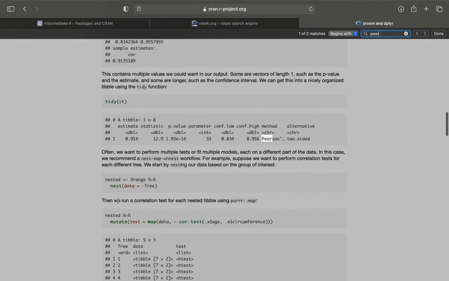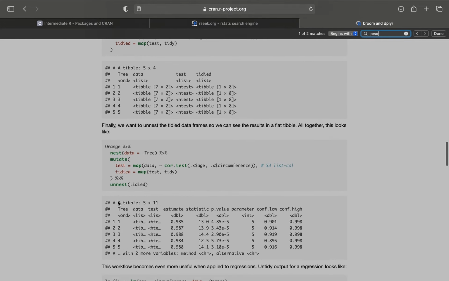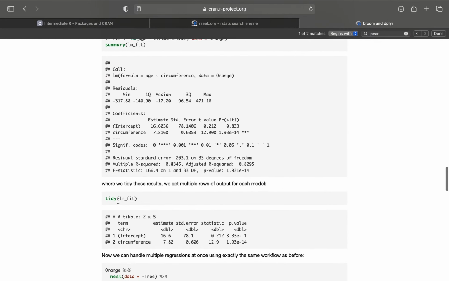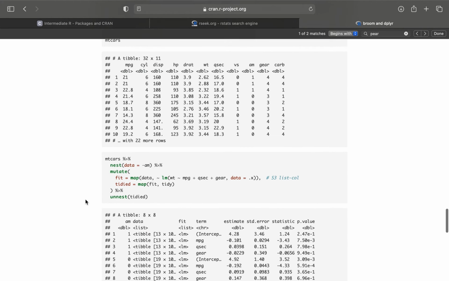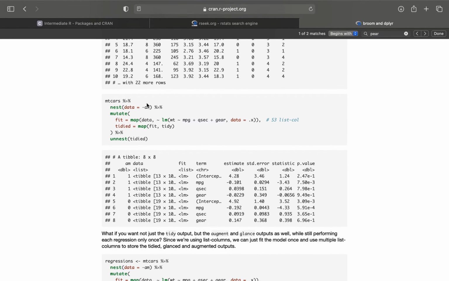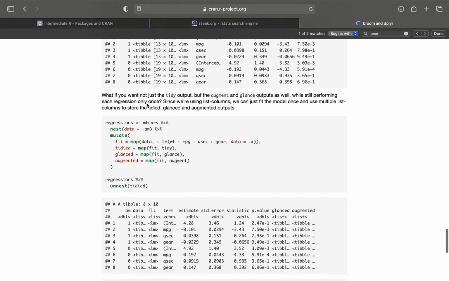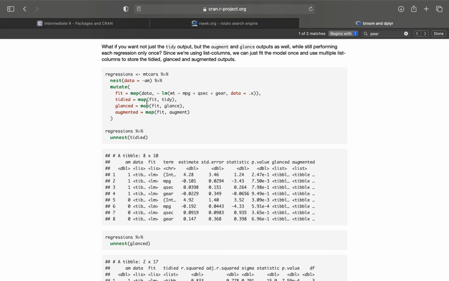Now, if we just take another look through this vignette, we can see there are lots of things here that perhaps don't mean much to us at this moment. So this weird percent greater than percent, this mutate, nest, etc. This looks like art that's beyond us at the moment, but I guarantee to you, once we get to the end of this workshop, and particularly by the end of the Introduction to Data Analysis in R, this vignette will make a lot more sense. Okay, so please feel free to use rseek to find the packages that you want,